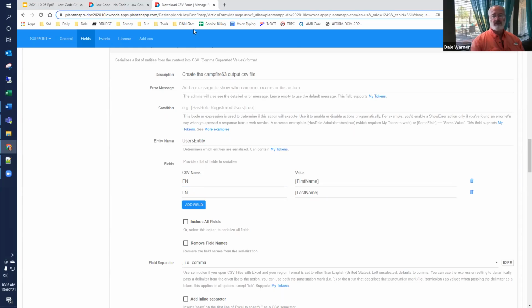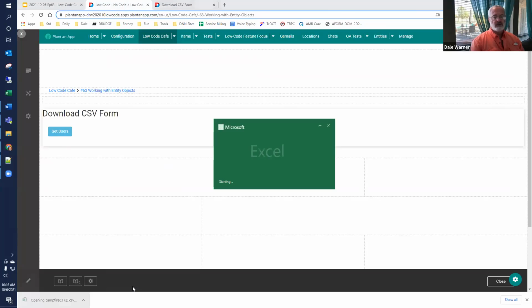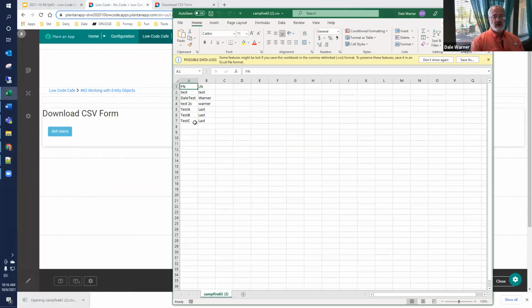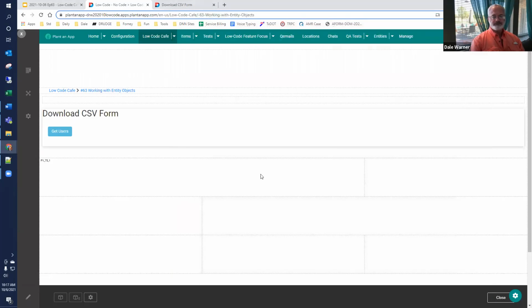So since that's already set up, I'm going to save it and run it. And so when I do that and open the file, I just get 2 columns now, and they've been renamed to this different name. So one technique that you can use is to specify the columns that you want to come out and essentially rename them, create names for them. And so that's one way to massage your data if you need to import it into some other system.